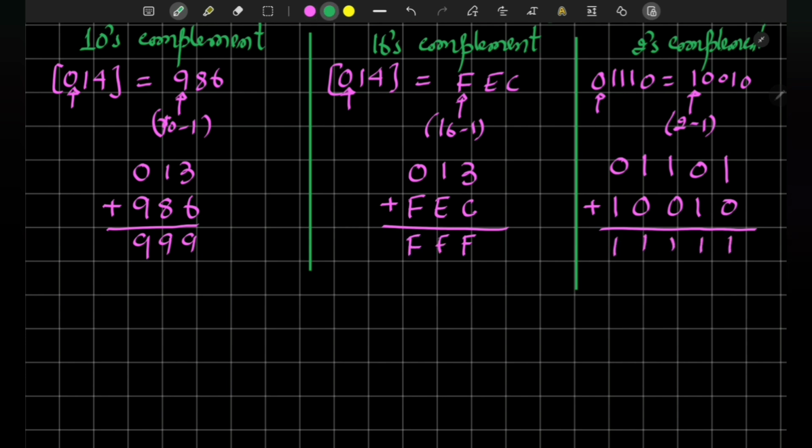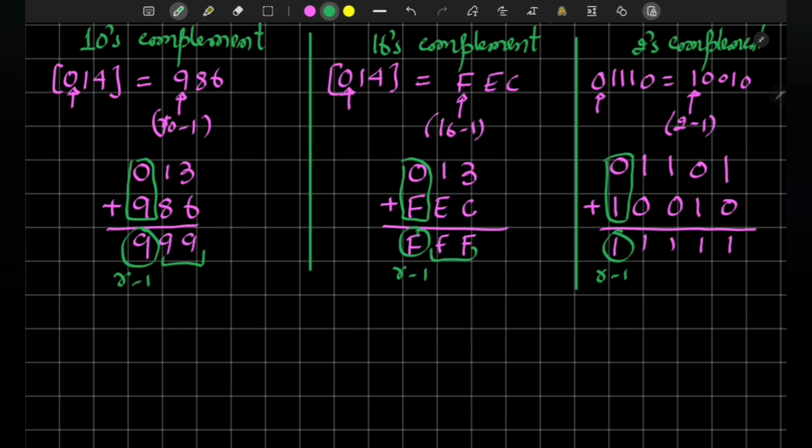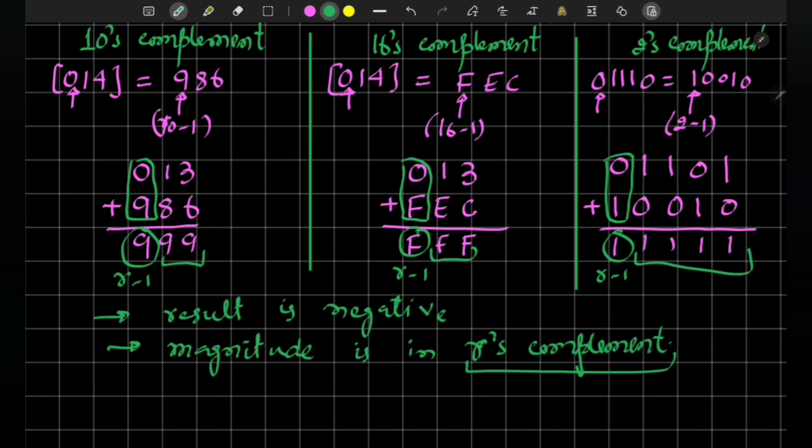But you have to note that these two digits are sign digits. And similarly, in other bases, these two digits represent sign digits. And similarly, we expect that in the result, this is also the sign digit. And we see that the sign digit is r minus 1 in each case. So that means the result is negative, but the magnitude is in r's complement. What we can conclude from the discussion is that to represent data, we have to use both sign magnitude and